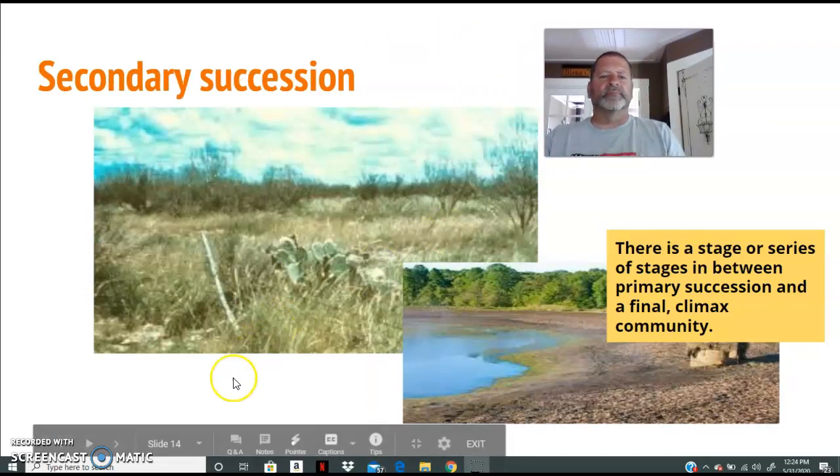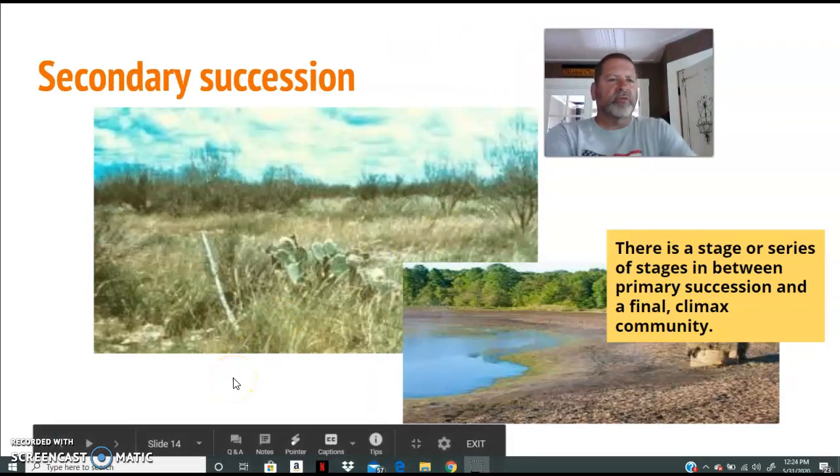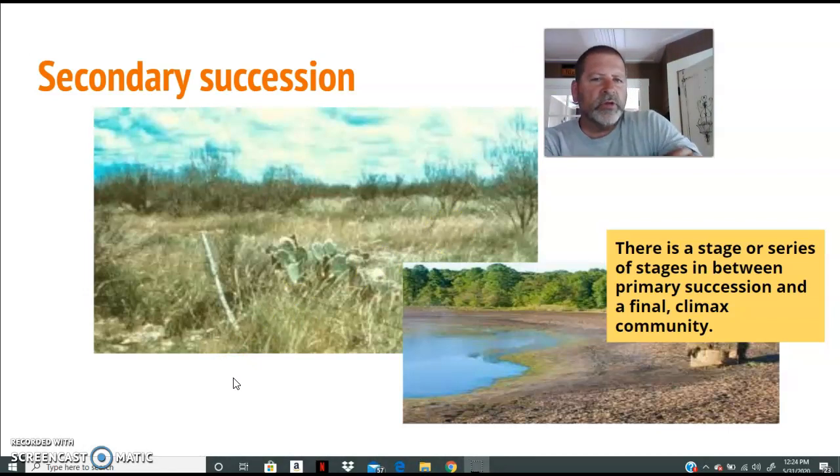After a decade or so, maybe after a prairie fire, you're going to start to see shrubs, things like that, and that's what's called secondary succession. So secondary succession is a little bit different in each ecosystem. In the case of a pond that's drying up and someday it's going to become a prairie, you'll start to see grasses, and then you'll start to see shrubs, and eventually you're going to head on towards what's called a